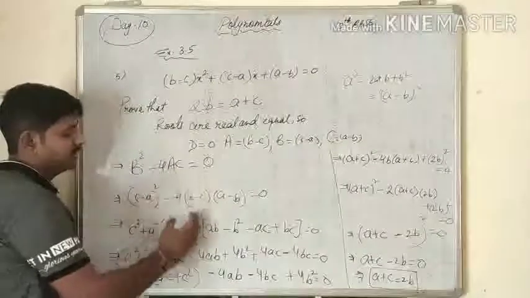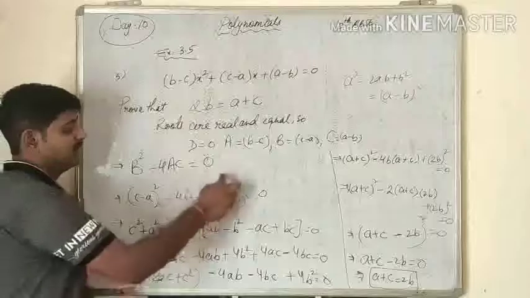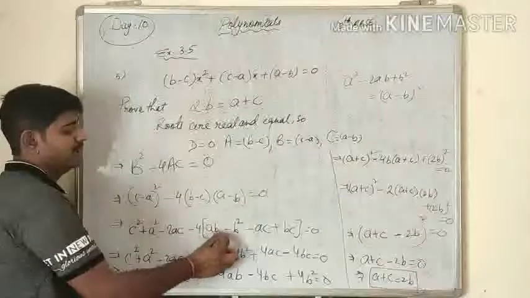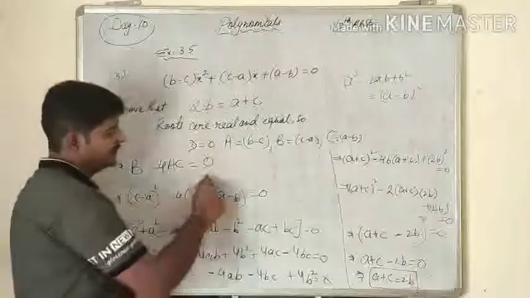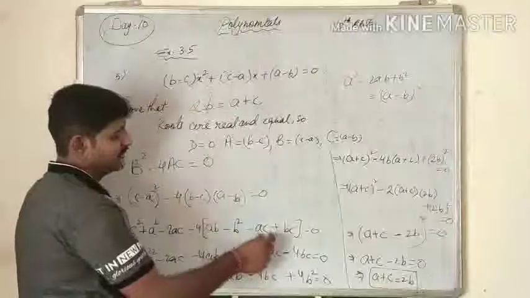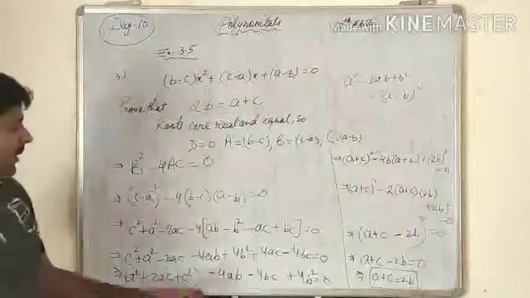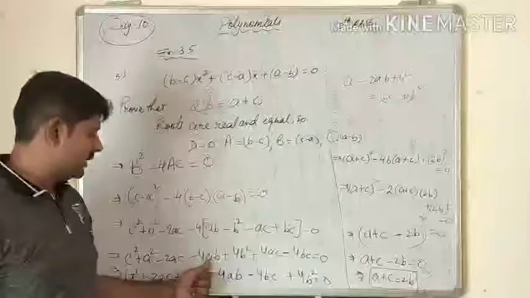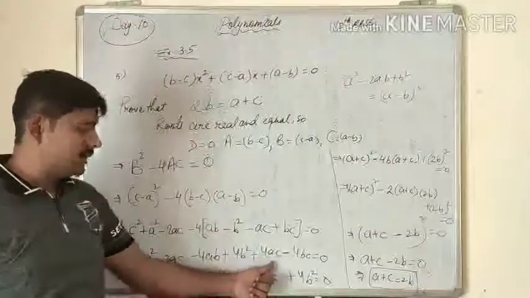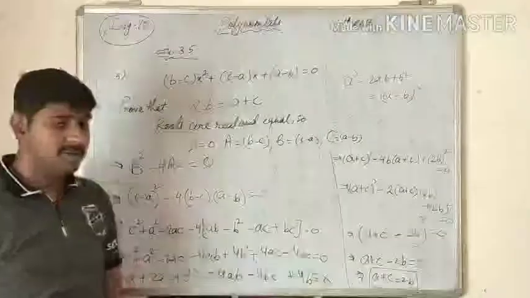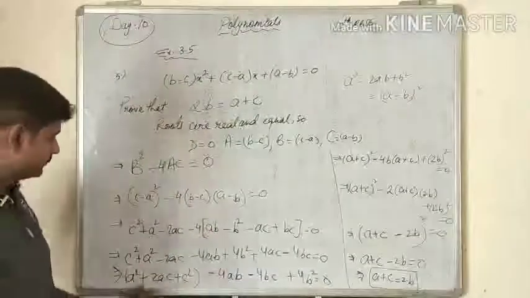Their product we can do, that's why 4 is taken outside, and this B is multiplied to the whole bracket, so we are getting AB and negative B square, and this C multiplied to the whole bracket, so we get negative AC and positive BC. It can be multiplied, and we got 4AB, negative 4B square plus 4AC minus 4BC equal to 0.